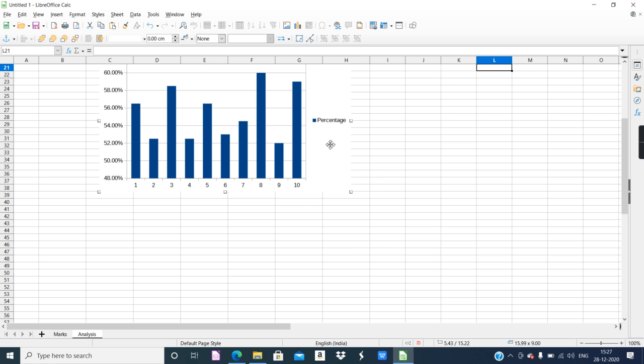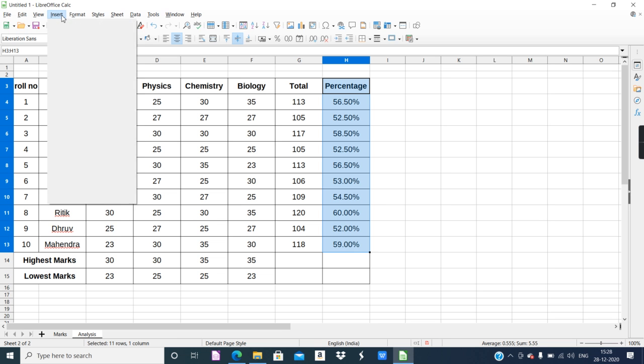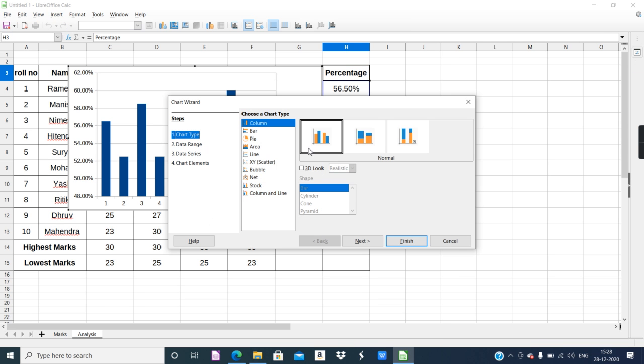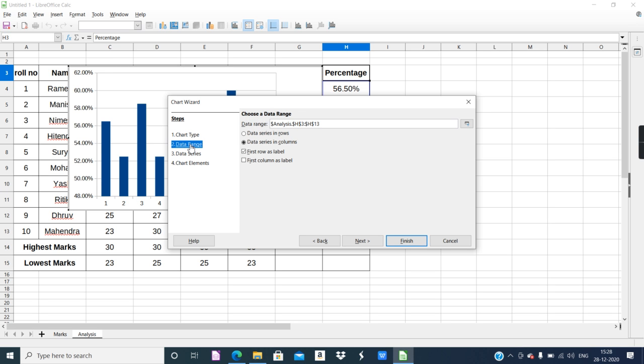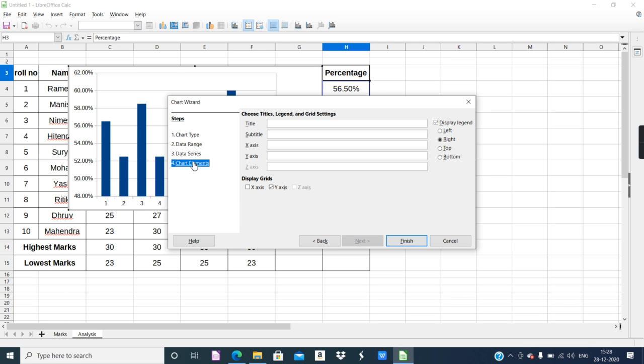I'll try to do this once again because I want to set the title of the chart. So I will select this data, click on Insert, click on Chart. I'll choose the first column variety, then data range, data series in rows, chart elements.